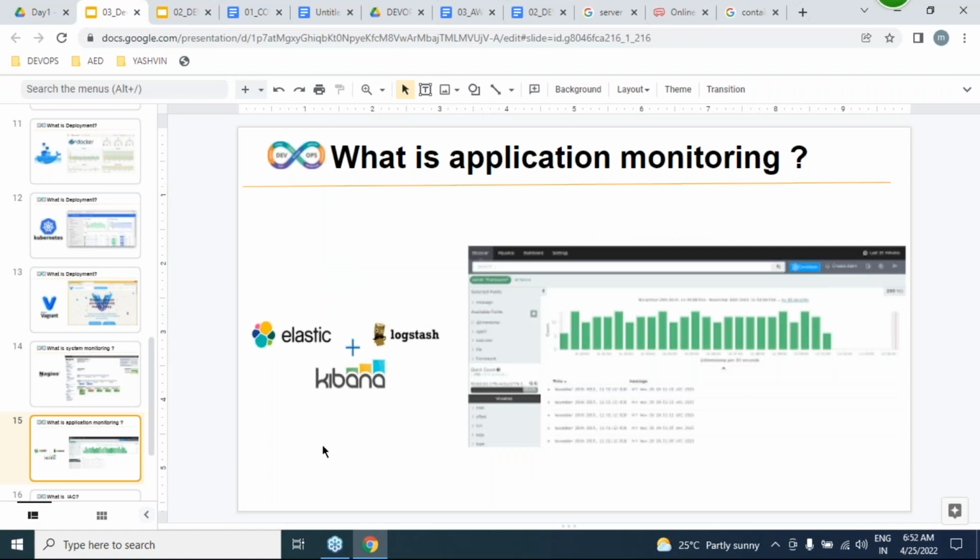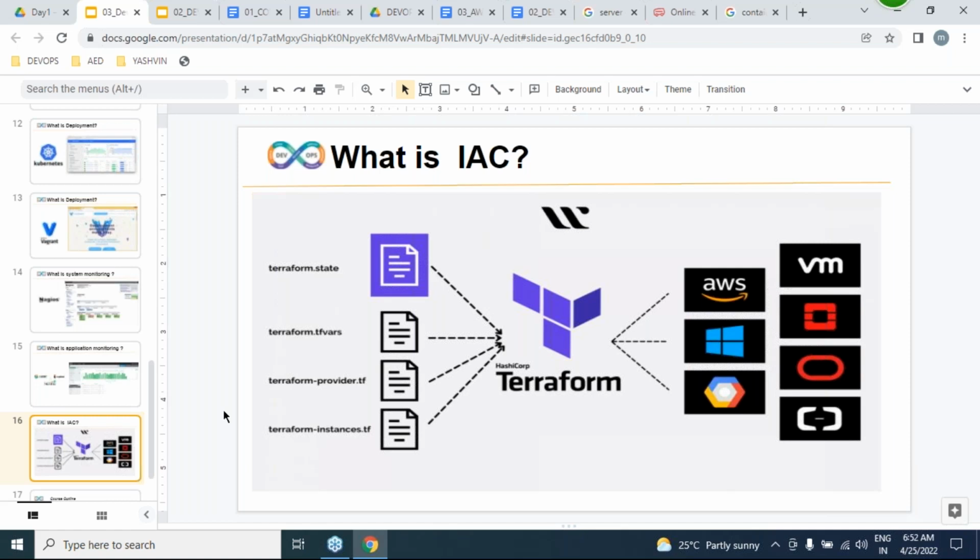That's what we call application monitoring, or else log monitoring also. And we are going to be learning Terraform. Terraform is a cross cloud platform. By using Terraform, we can easily create servers in any cloud like AWS, Azure, or Google.